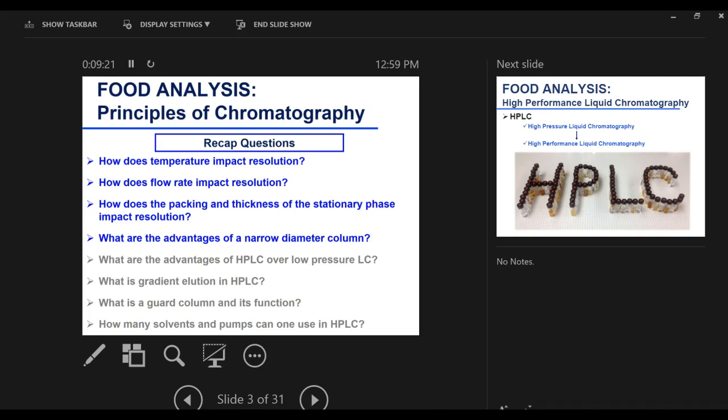So, advantages of a narrow diameter. I'm not sure I talked about that either, but when you have a longer column and a narrow diameter, again, this enhances resolution. Okay? You don't have a lot of stationary phase, and you have a long column where the sample has time to separate based on its affinity to the stationary phase, so you have better resolution. Okay? And also you have sharper peaks. That means you have higher height